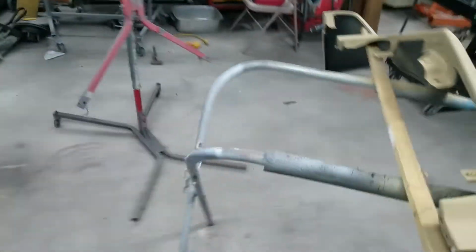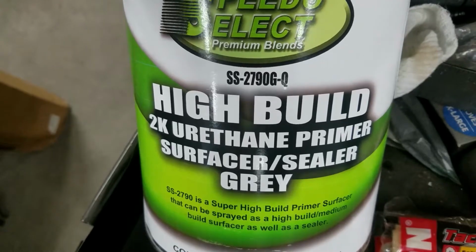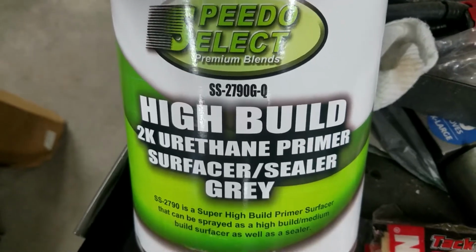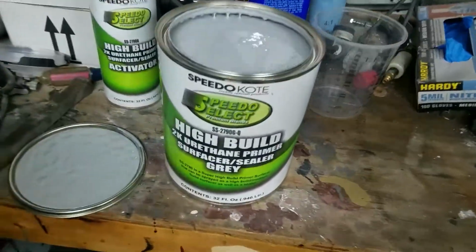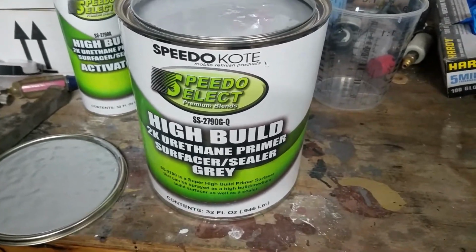Once it's finished flashing out, then I'm going to hit it with the next primer. Yeah, we'll be hitting it with this step next. That's the SS-2790G-Q. Back here at the mixing table, we have the 2K high build primer. We're going to be using this in the